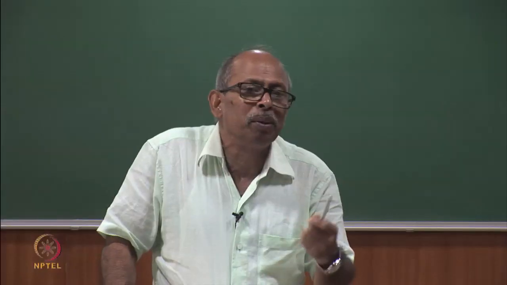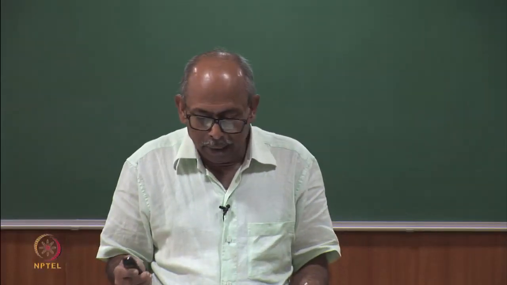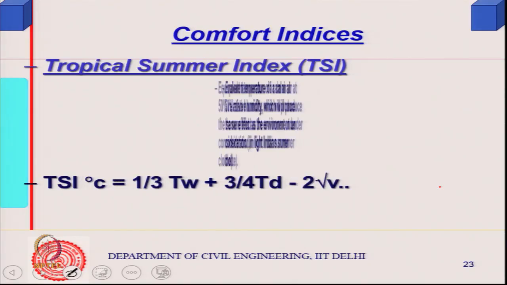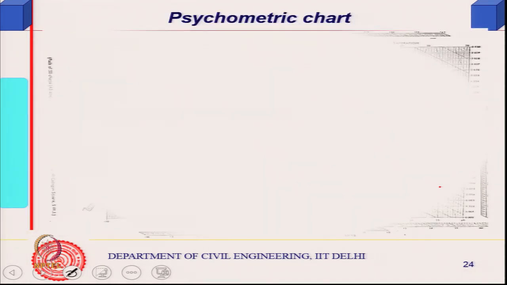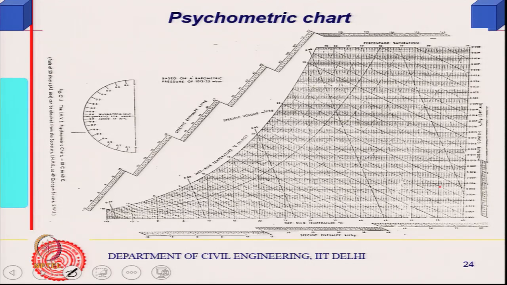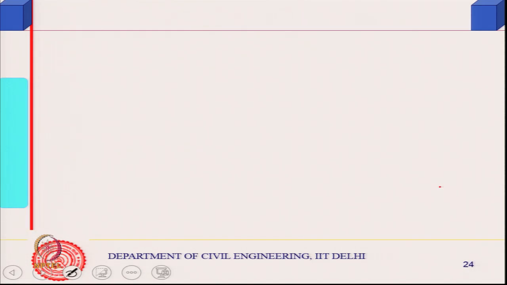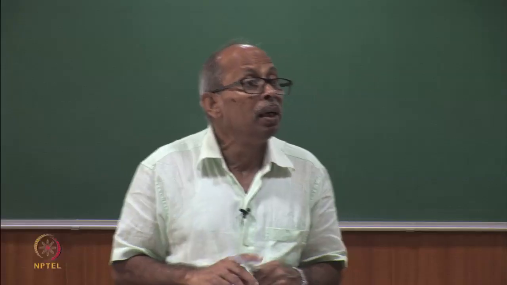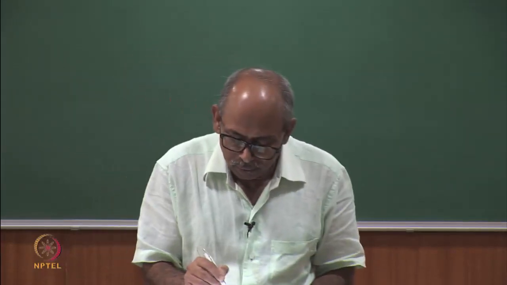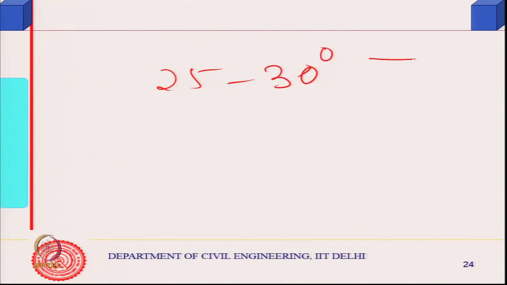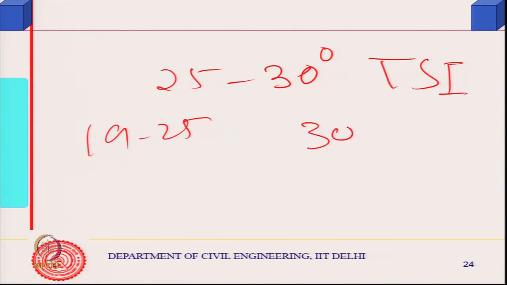So it is easily adaptable to any small calculator, and the comfortable ranges are for light summer Indian clothes, as I said. I will come to the psychrometric chart, where they actually put it, but the comfortable range of TSI is 25 to 30. They also say that 19 to 25 is tolerable, and 30 to 34 is also